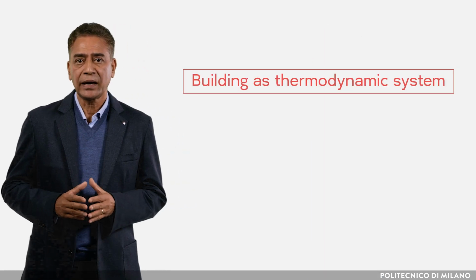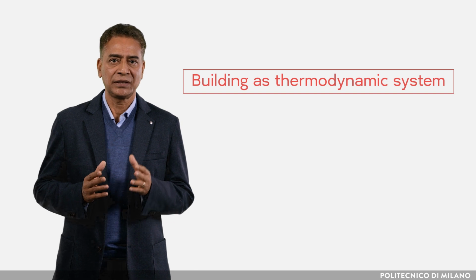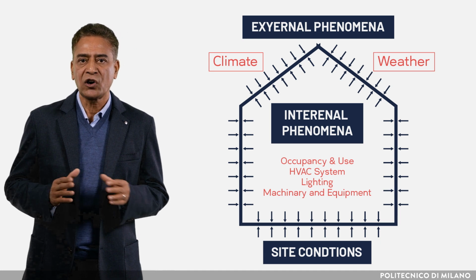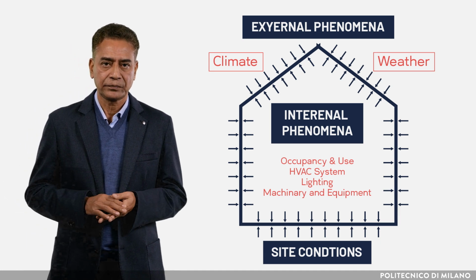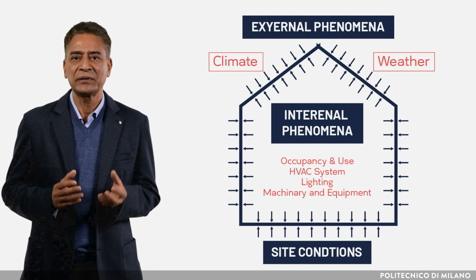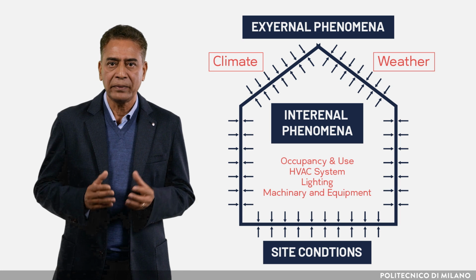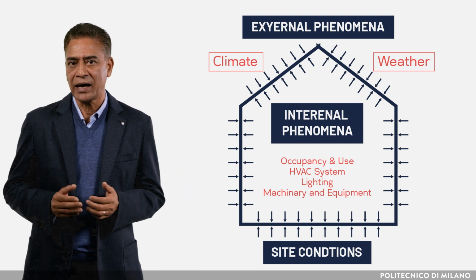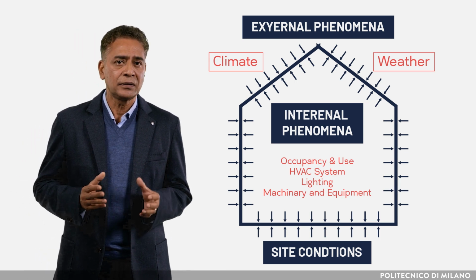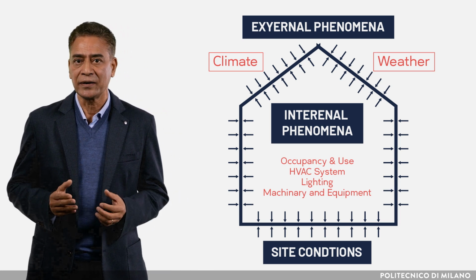A building considered as a thermodynamic system is an open system whose boundary, which is the building envelope, separates internal phenomena from external ones and is crossed by fluxes of energy and matter. These fluxes vary continuously over time. Therefore, the building is a dynamic system, not just because the light illuminates it in a different way depending on the location, season, and time, but also because there is not a single molecule of its structure that does not continuously change the thermodynamic parameters that affect comfort and energy demand.